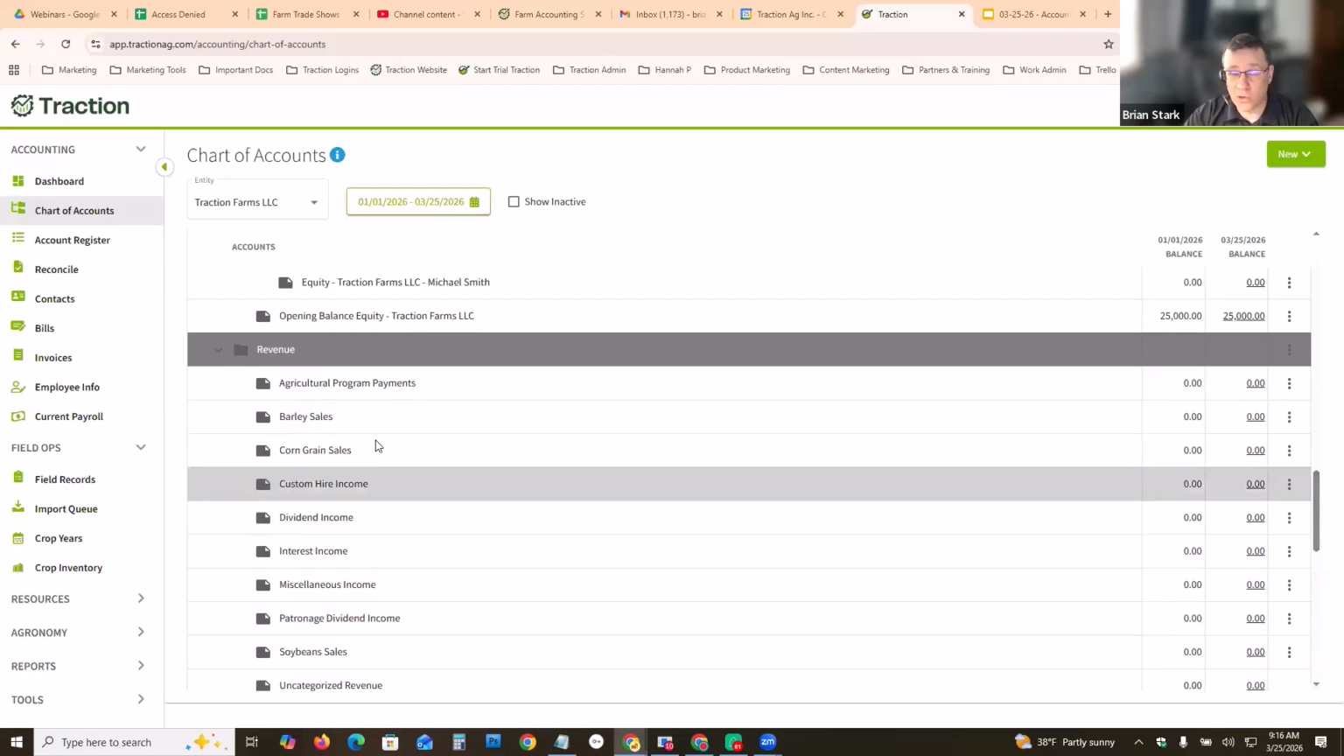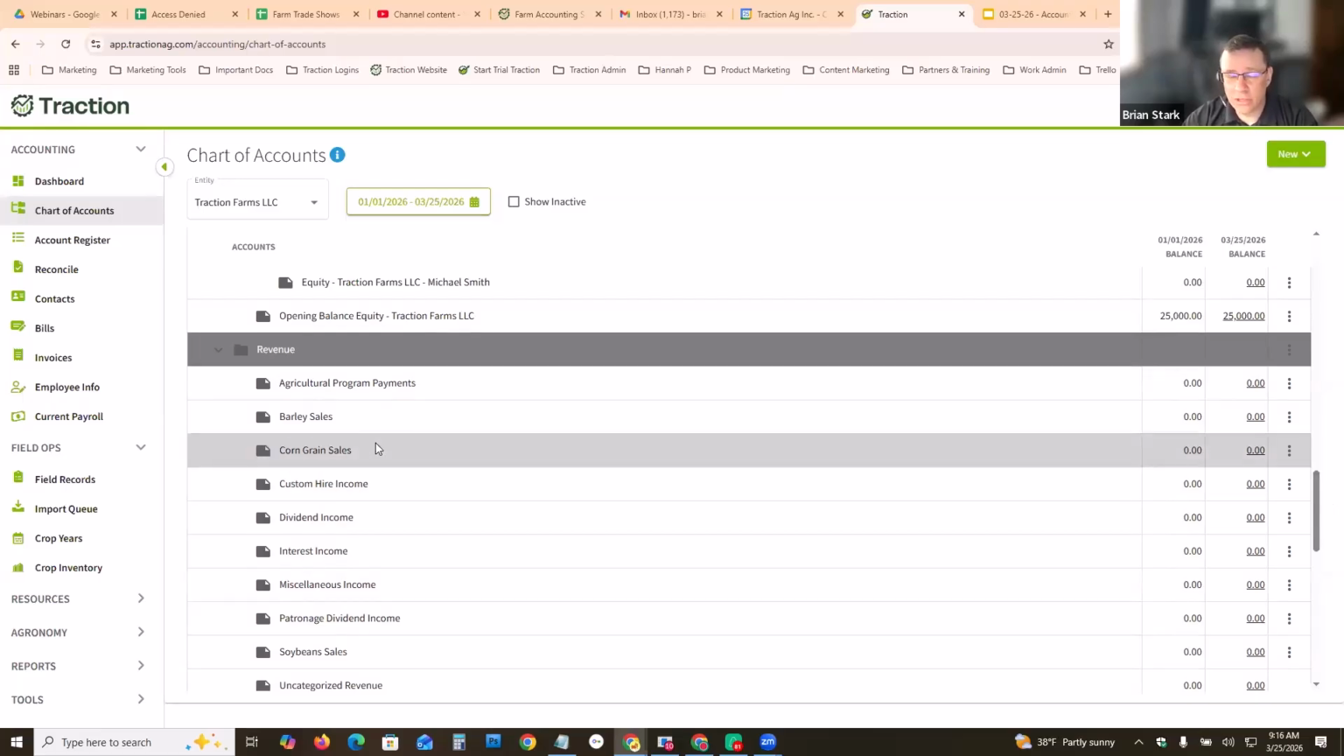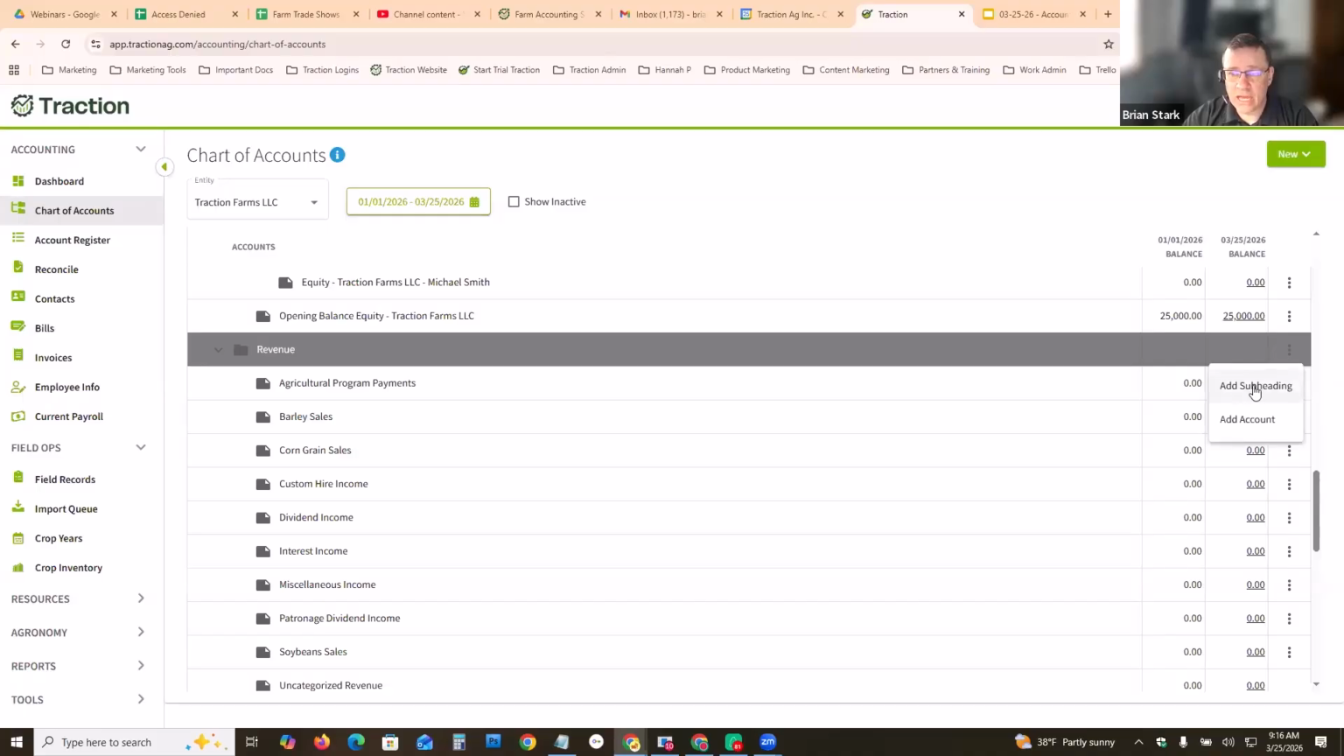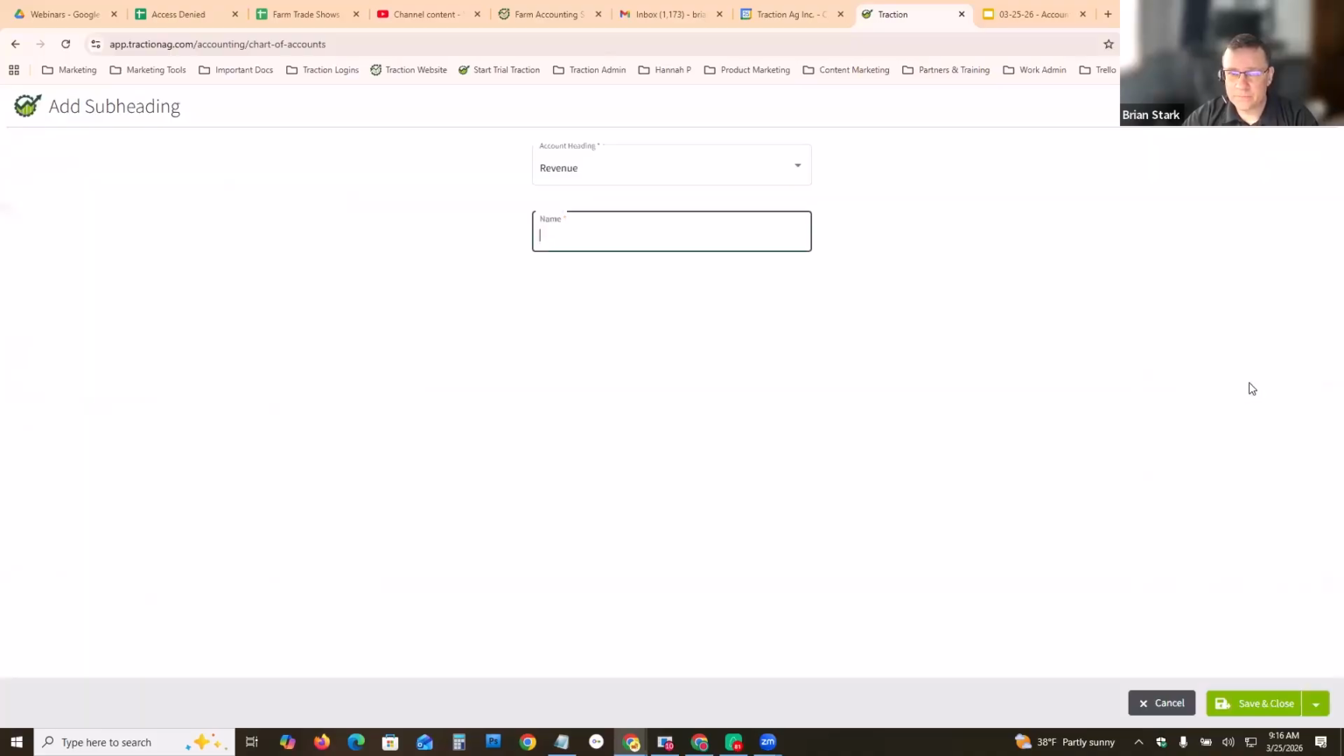Or for crops is a great example. I would think everybody who has Traction would want to do this for revenue. So if you go to the three dots and add a subheading for revenue, a subheading account would be like crop sales,